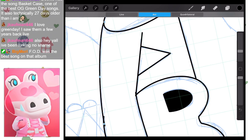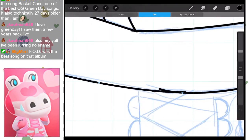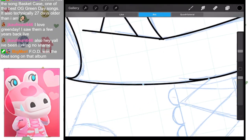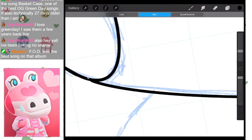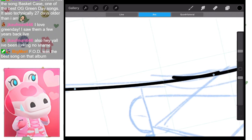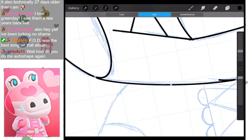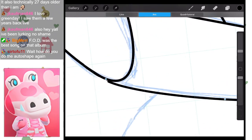Give it a little bit of an arch. That's another thing, when you do a line, it gives you the option of line or arch, which is something that I really like. I'm gonna try to connect these as much as I can, and then I do this. The more you play with it, the more